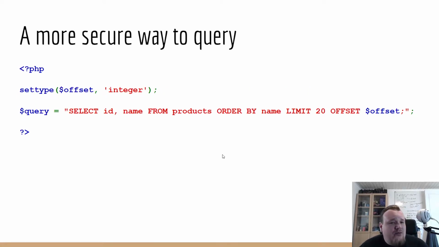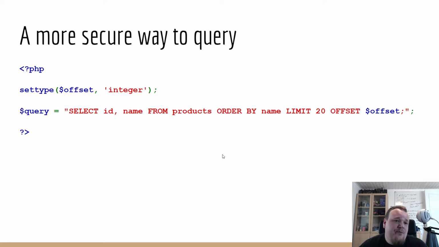A more secure way of doing a query could be something like this. I know it's not prepared statements, but if you're having an issue finding a way to do prepared statements in the language you're programming in, or for some reason like that, there are other ways you can protect or sanitize your input. Of course, it's all about the sanitation process.